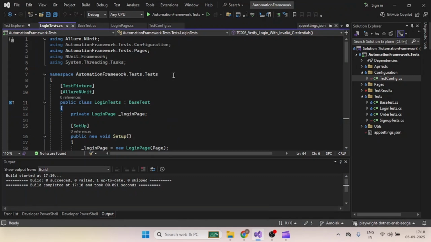In this project, we have built an automated UI testing framework using Playwright for .NET, NUnit as the test runner, and Allure for reporting. The goal of this framework is to provide scalable, maintainable, and reliable automated testing for our web applications. We have structured the framework with page object model (POM) for clean separation of UI interactions,